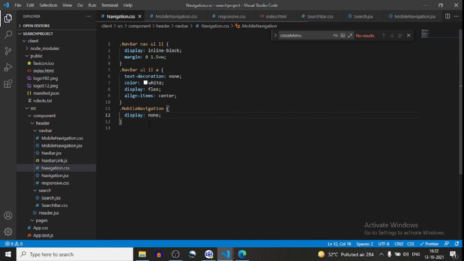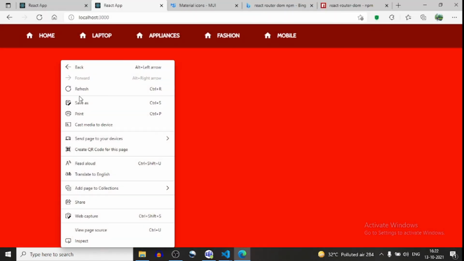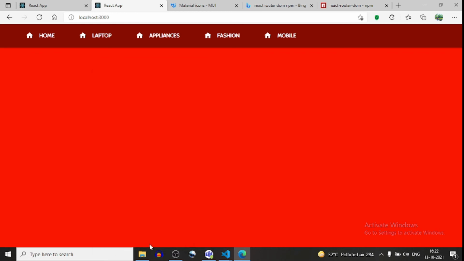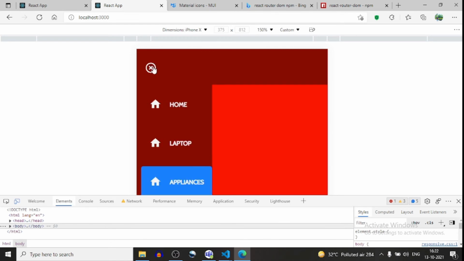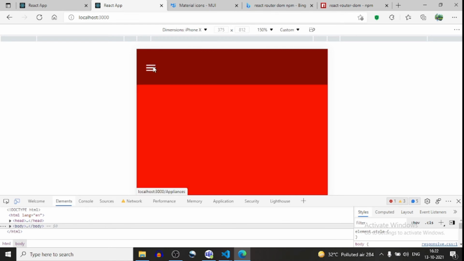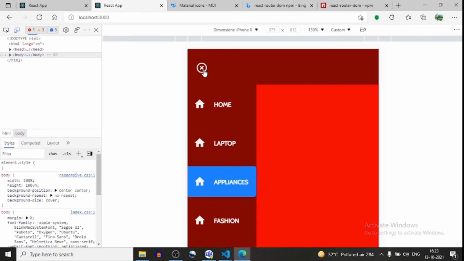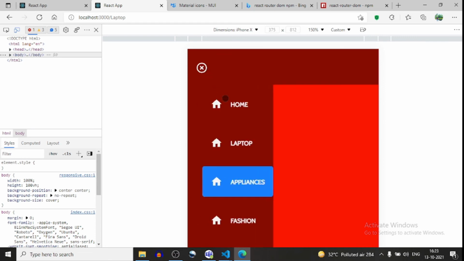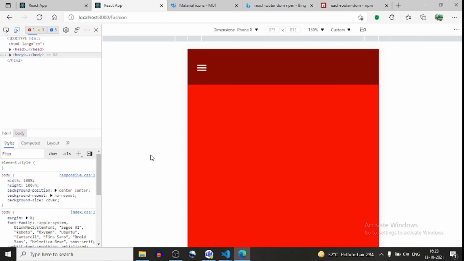Okay, now if I will go in inspect element, then here we go. Okay, so if I want in left, okay, fine. Now I have to do few more things.